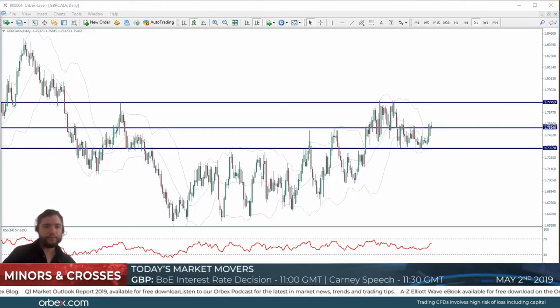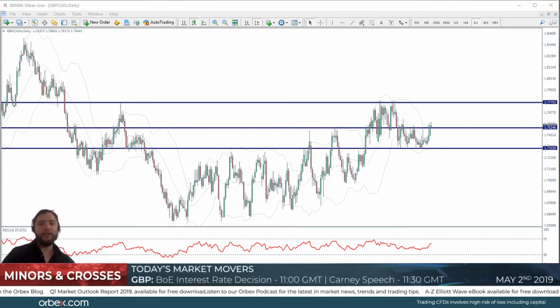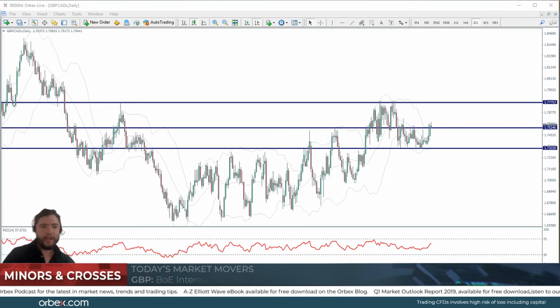So with the pound against the Canadian dollar, we're looking at fundamentals in the Great British Pound versus the Canadian dollar. And with GBP, the key driver over recent months has of course been Brexit negotiations, which have been weighing on the pound. However, due to the decline in the US dollar over the last week, we've seen a recovery in the British pound, which has allowed the pound to rise against the Canadian dollar, as it remains slightly weaker due to lower